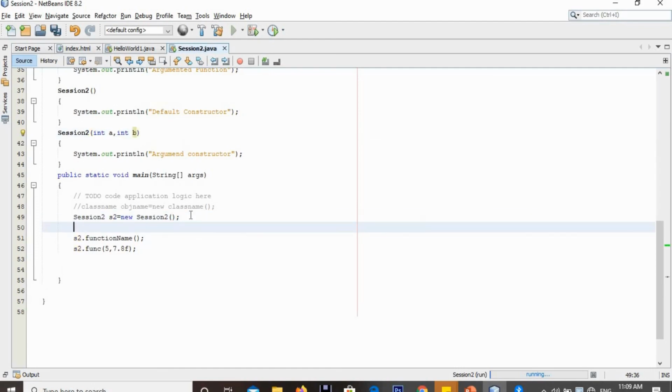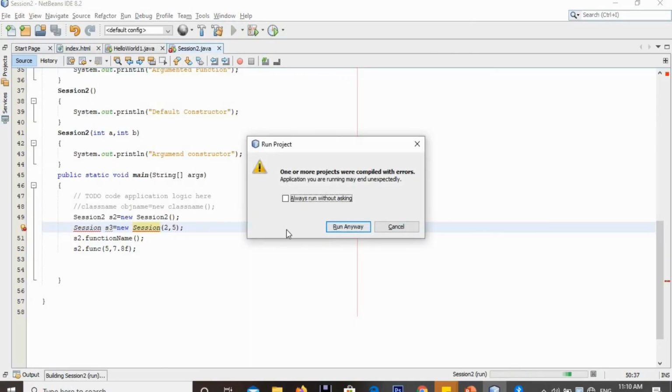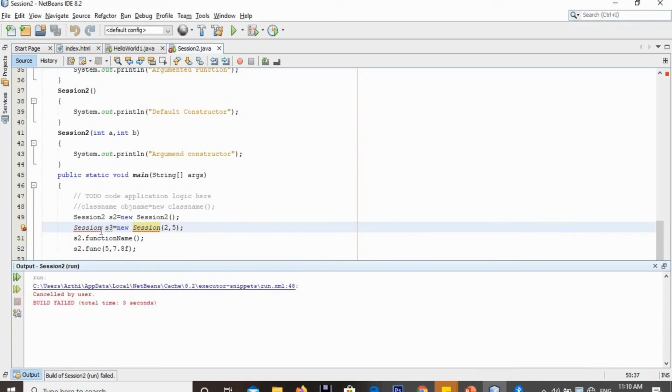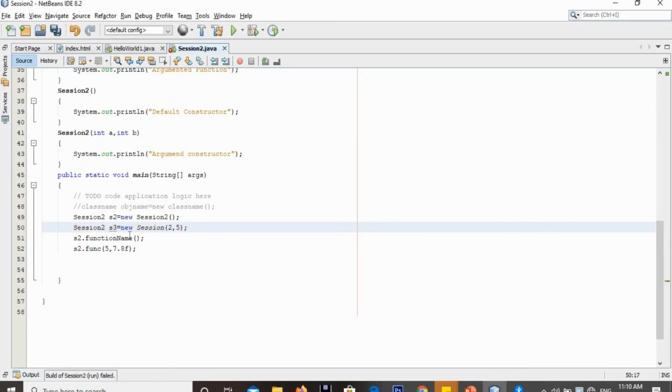So if I create another object like s3 = new Session2(2, 5), I am again stopping this run and rerunning the program. Our class name is Session2. Now run your program.